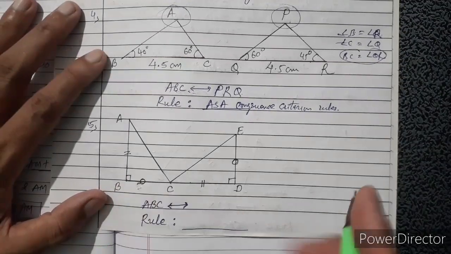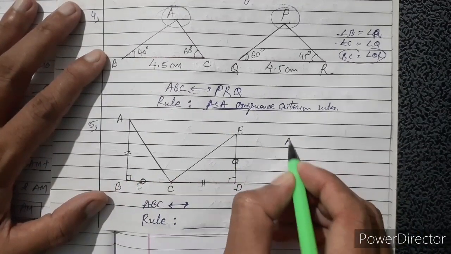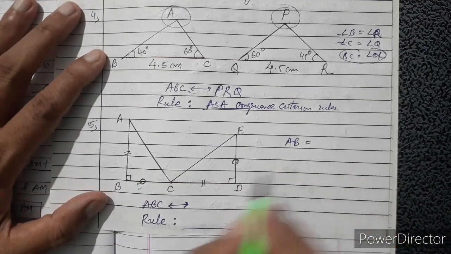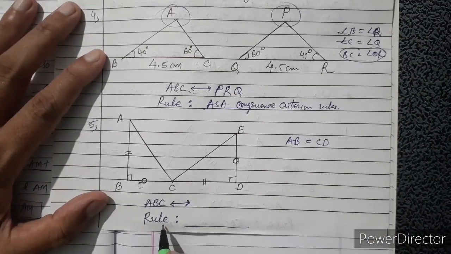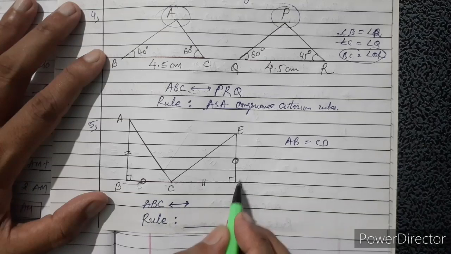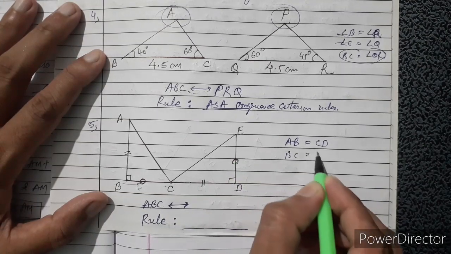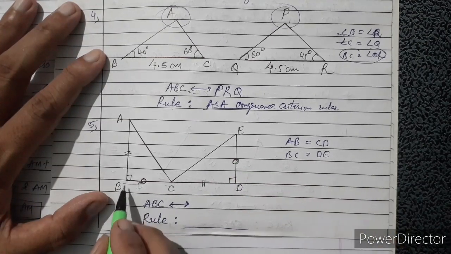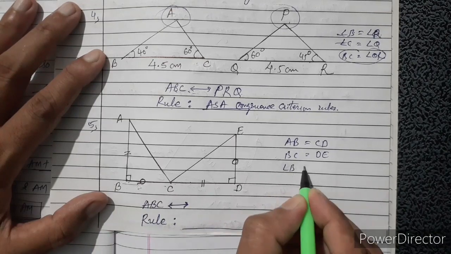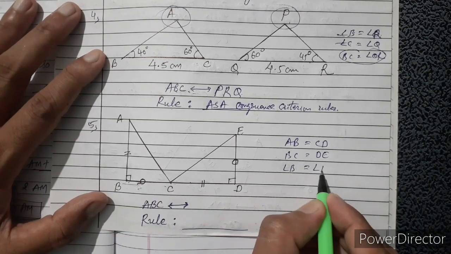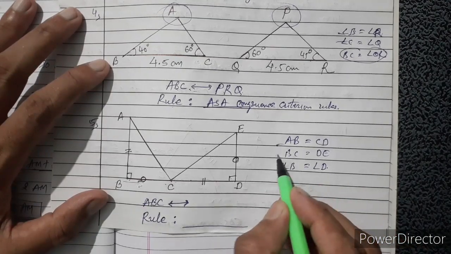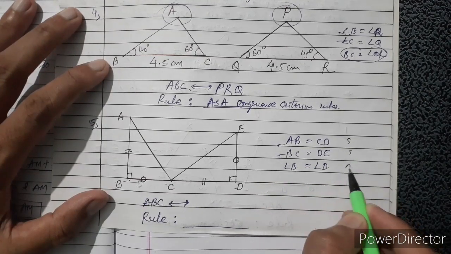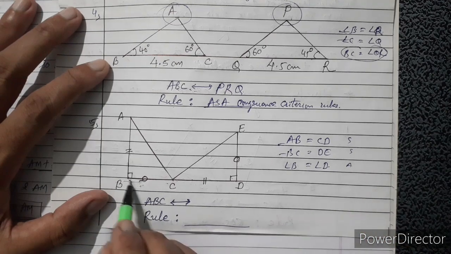same, last one. Look here, equality. Look, AB and CD, same sign are there. AB and CD are equal. Same BC and DE are equal. And angle B and angle D are equal. Okay. Now check. Two possibilities are there. Two sides and one angle is there. Okay. And the angle is a right angle.